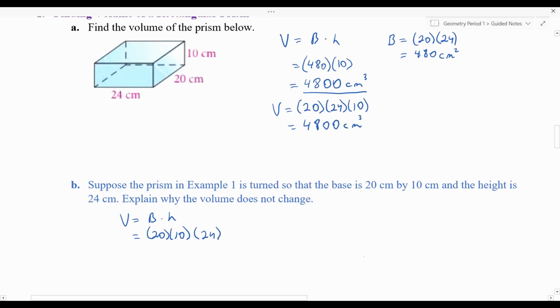Now if I compare that to the volume that we had on the other one, which was 20 times 24 times 10, right? The numbers didn't change in the multiplication. Since multiplication happens to be commutative, it doesn't matter in which order I multiply. I will still get the 4,800. So why do we get the same volume, or why does it not change? Because the commutative property